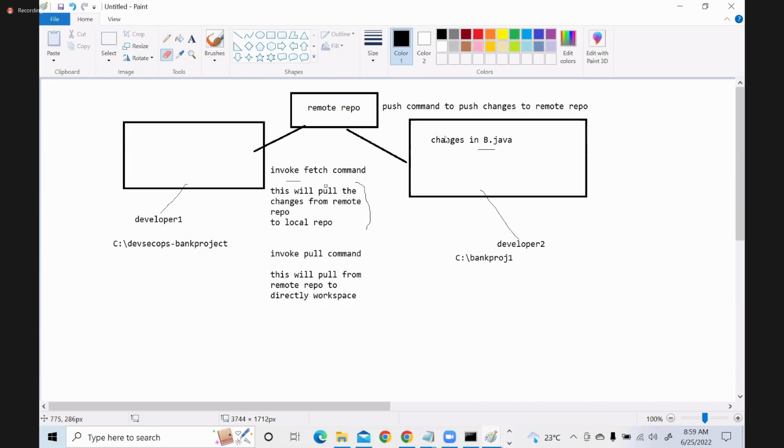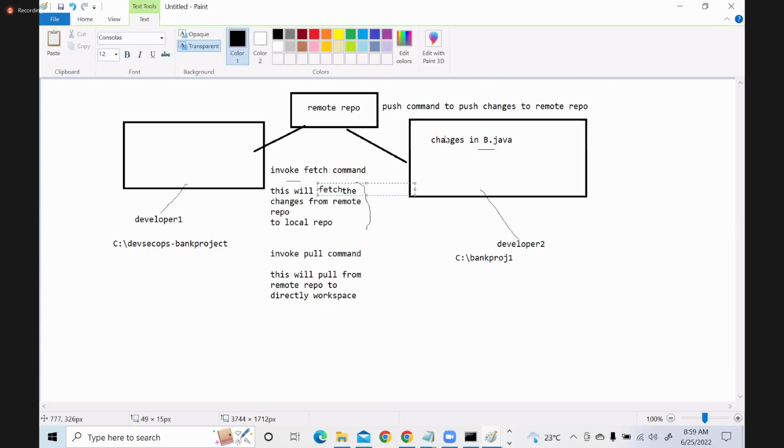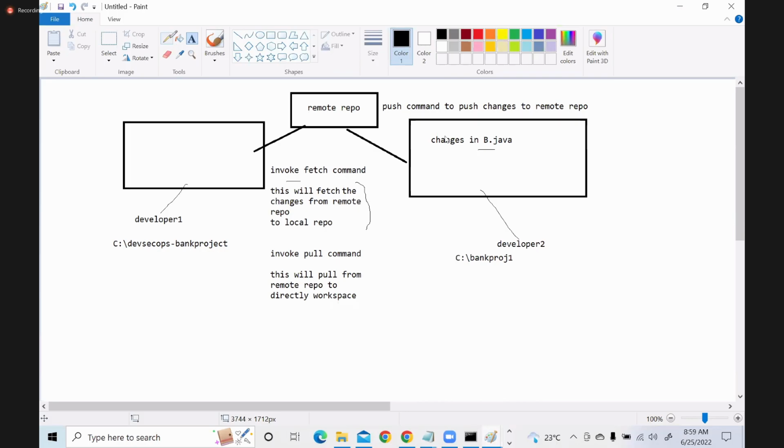This will fetch instead of pull. So if you directly invoke the pull command, this will pull the changes from remote directly